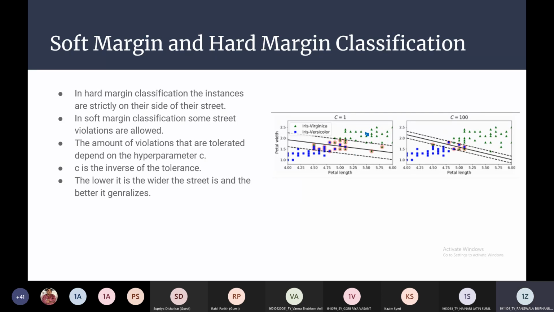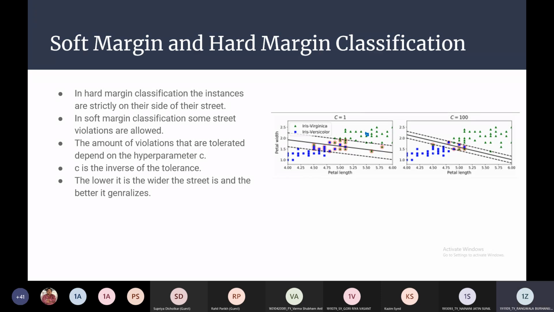So how is this generalization basically calculated? You basically allow a certain number of margin violations for that particular model. The number of margin violations is controlled by a hyperparameter known as C. This is basically the inverse of tolerance. So the lower the value of C is, the more margin violations will be allowed, and the better your model